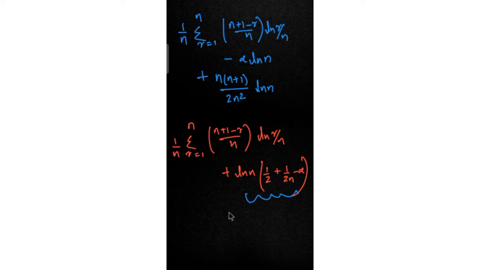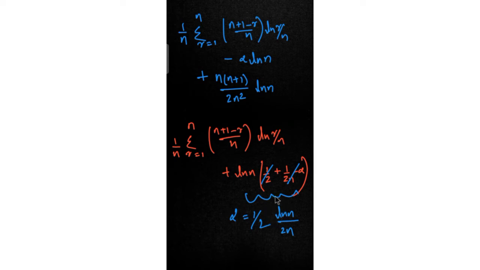Fine, if we assume alpha to be half, I'm just taking this as alpha, the alpha is the same as a, so they cancel, and we'll be left with ln n divided by 2n. Fine, ln n divided by 2n. This is what we are left with if we assume alpha as half. So what's the use of it?